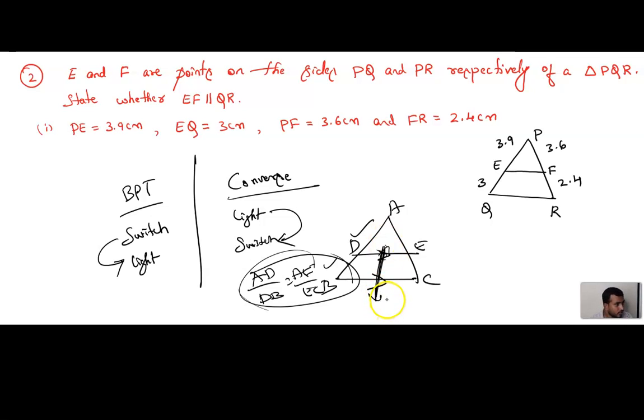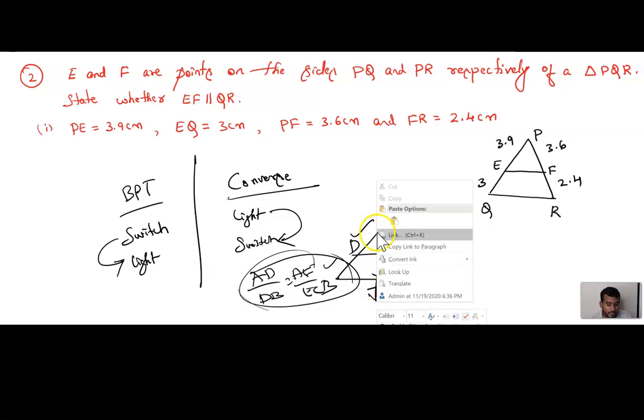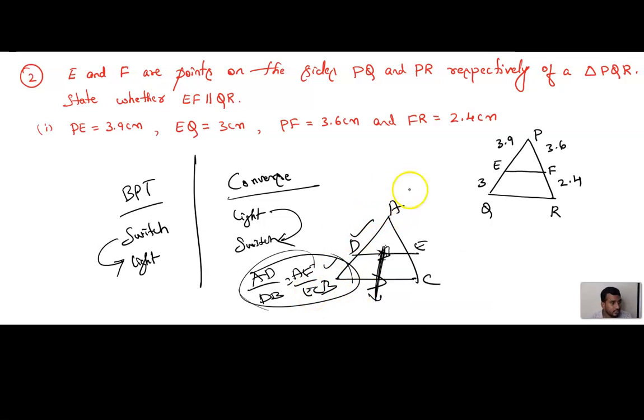If sides are proportional, sides are parallel here. If sides are parallel, what is the output? If one side is parallel to the other side, then it divides the other two sides of the given triangle into two parts. That is proportional. If DE and BC are parallel, then AD by DB is equal to AE by EC. If AD by DB is equal to AE by EC, then DE is parallel to BC.